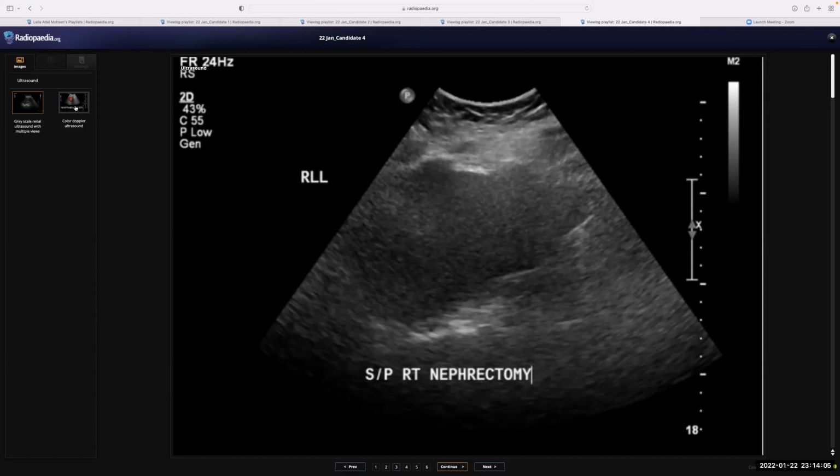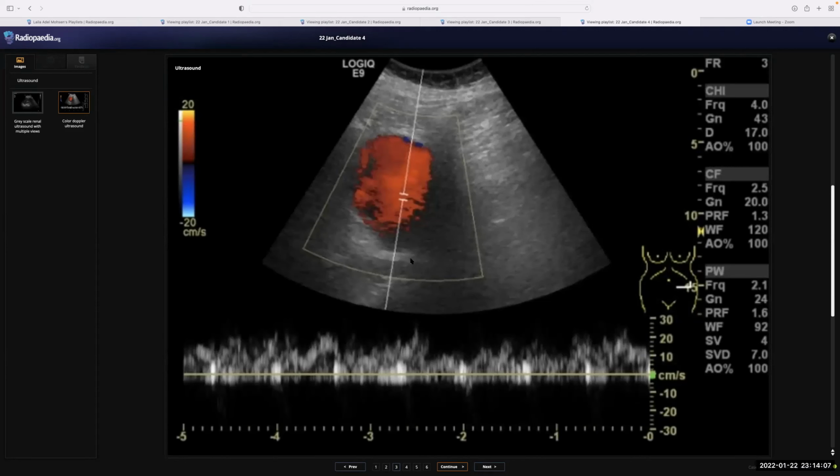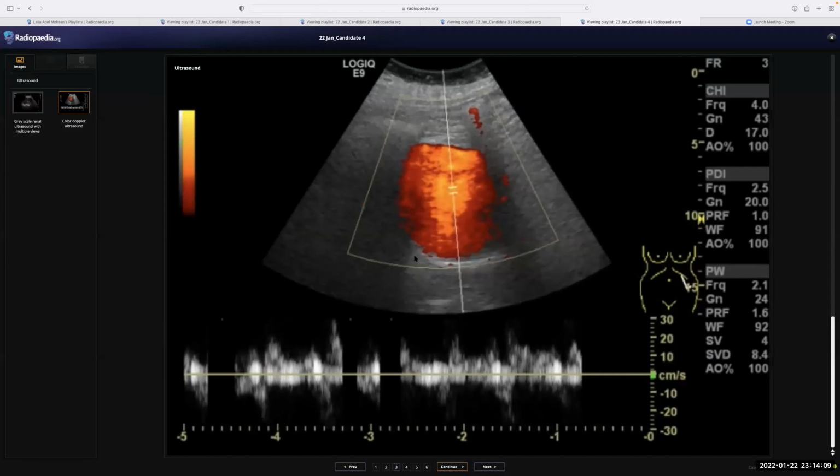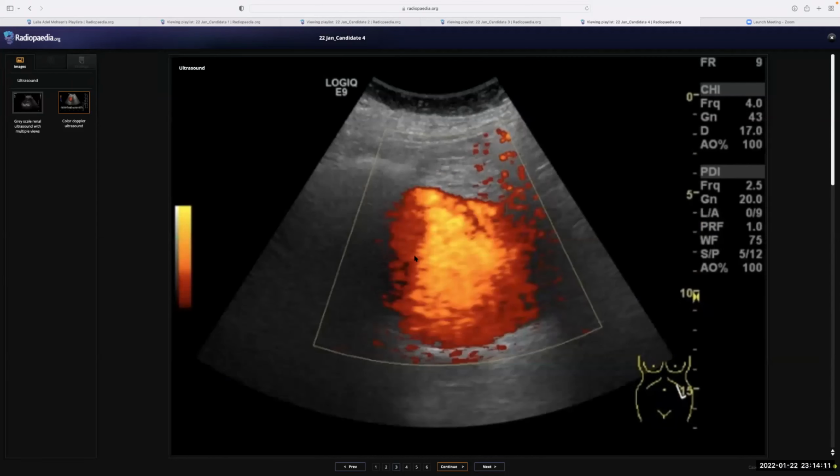images as well? Thank you. Yes, please. So the color Doppler image appears to be centered on the mass lesion, which is seen in the left lower pole. So this appears to be, whether there is a synchronous lesion on the left side, which can be left RCC, since this patient had previous history of right-sided RCC,